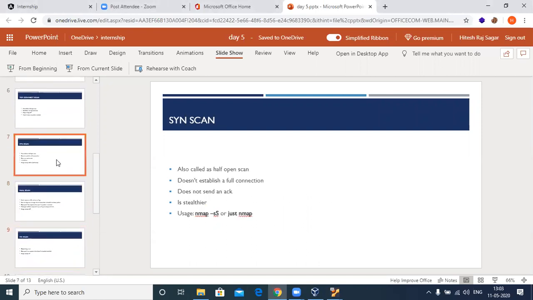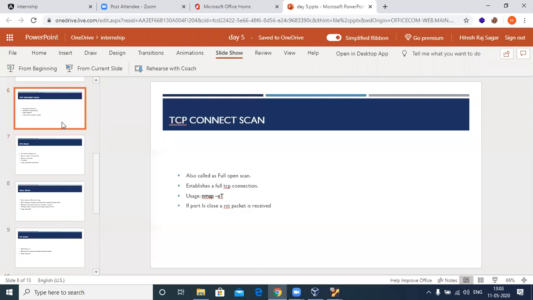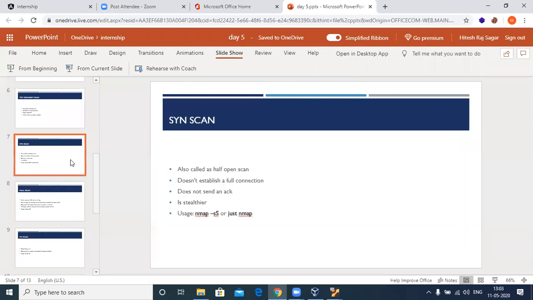But Rakesh, yes, to some extent your point is right. That is, SYN scan is a bit stealthier compared to TCP scan. Be it in any case, I wouldn't suggest you guys to use a TCP connect scan. That is very useless. So as Srujan was saying, if you have the consent to penetrate an asset by the person, there you can go ahead and use the SYN scan or TCP scan. So what is the difference?